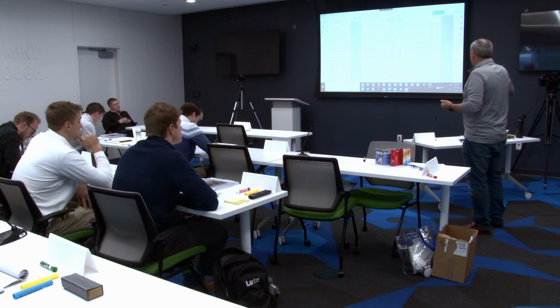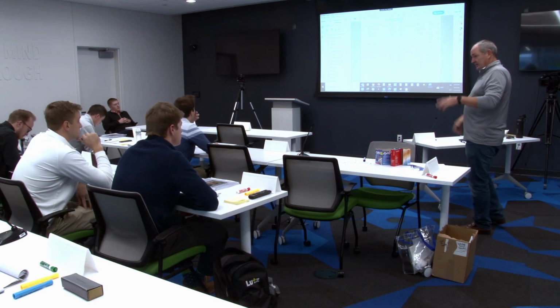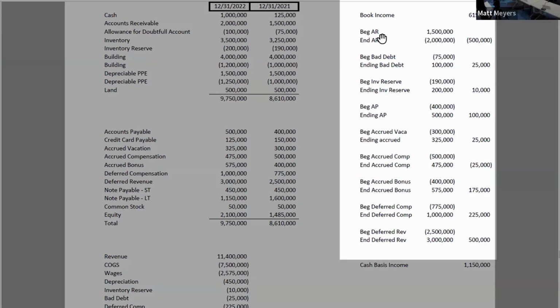Okay. Bad debt's its own reserve either way. On a cash basis, there is no concept of bad debt because you never reported it through your income. But if you're taking that through your GAAP P&L, it's still an M1. So my beginning bad debt, my ending bad debt, you flux it. Inventory reserve, it's a non-cash item. AP, Matt, can you articulate the reverse for the AP if I pay all my AP within the first 30 days?